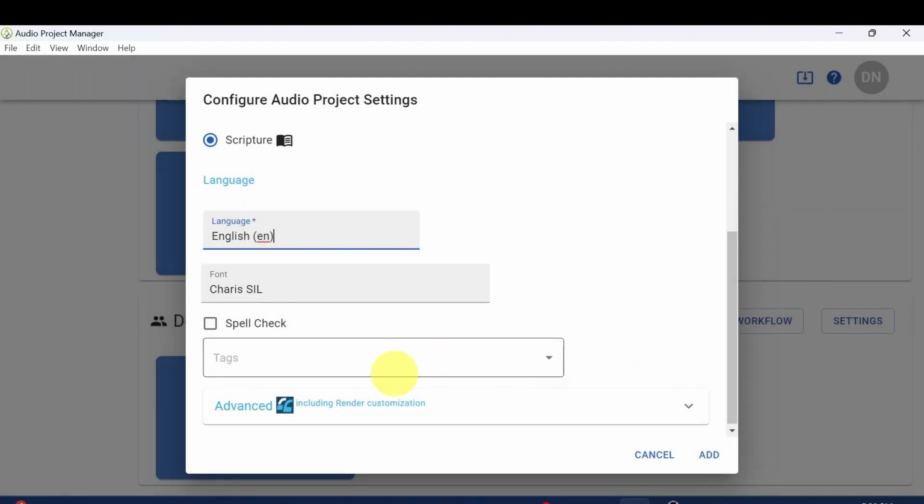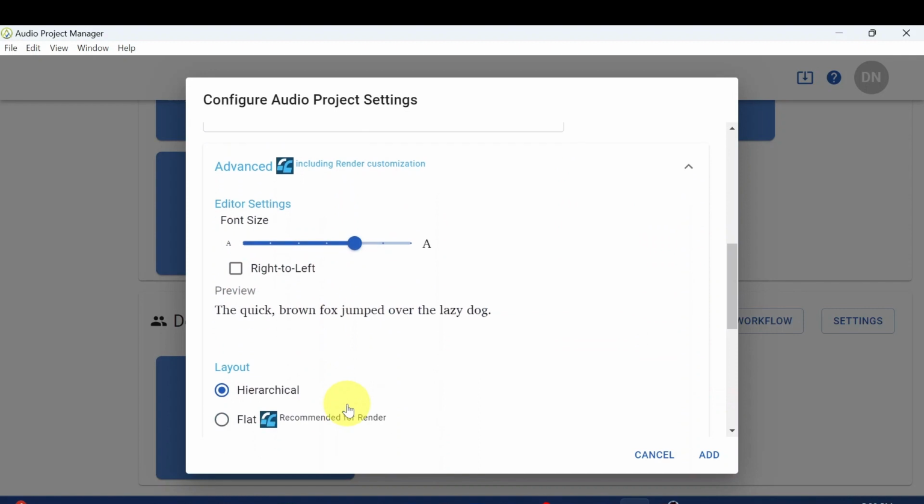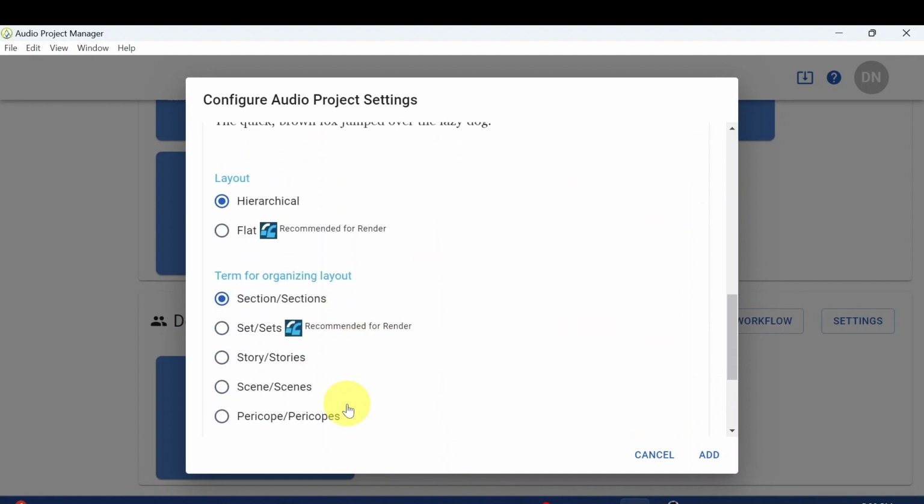Okay, and now I'll scroll to the bottom of this window and open up the advanced settings. There's two settings here that are helpful to change when you're importing a render project. The first one is the project layout. I'm going to switch from a hierarchical layout, which has sections and passages, to a flat layout, which only has